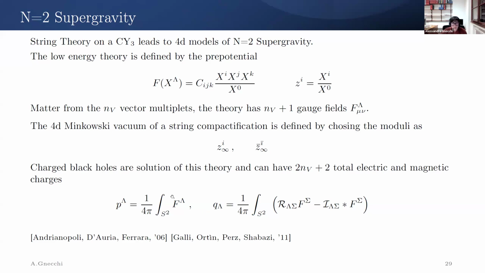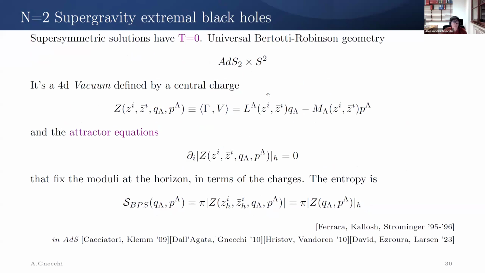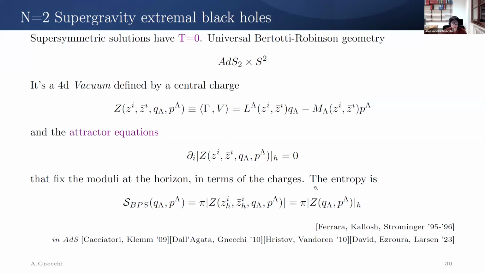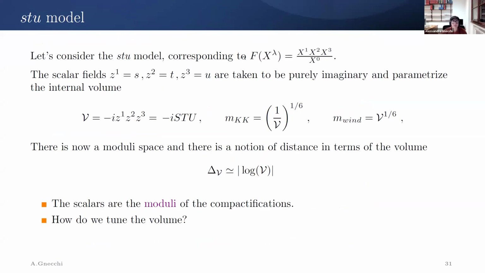The electric and magnetic charges of the black hole are given by the gauge fields and this combination. The extremal ones are important because, as I said, they preserve some supersymmetry, and they can be obtained with an extremization procedure that goes under the name of attractor equations that have been studied a lot in the past, and they are at the core of understanding the structure of BPS states in string theory. But here, this was just to give the equations for reference that lead me to this definition, which is